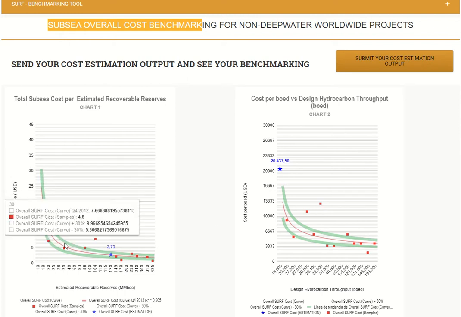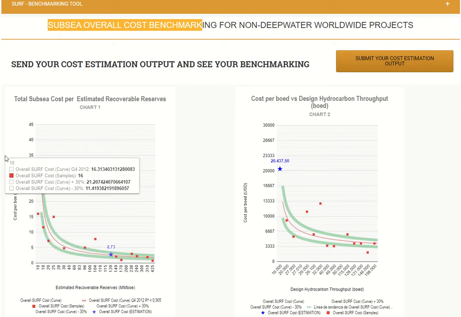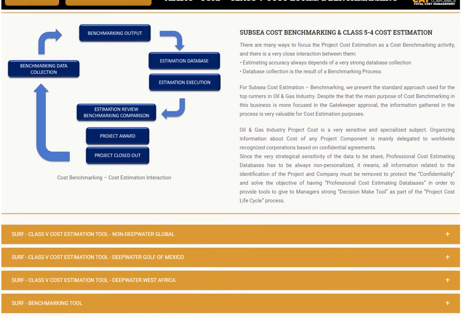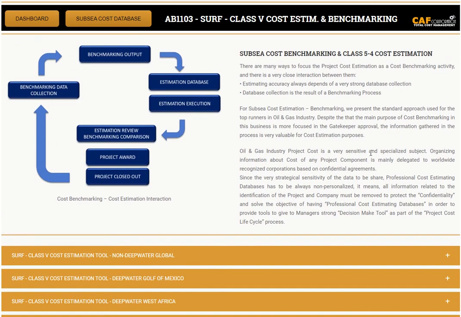And in the y-axis you have the cost, and in the x-axis you have the driver. In this case, the BOED. It's just an example. Going back in this database,